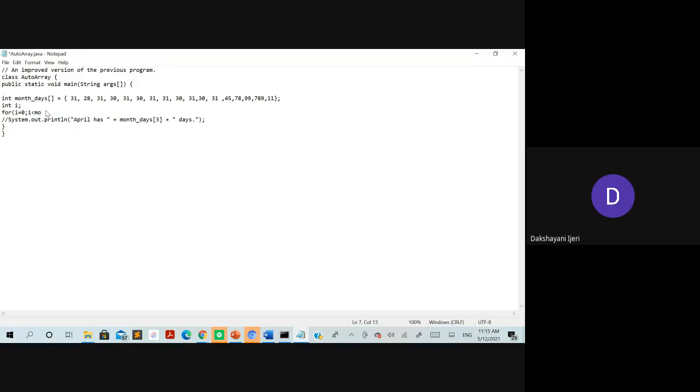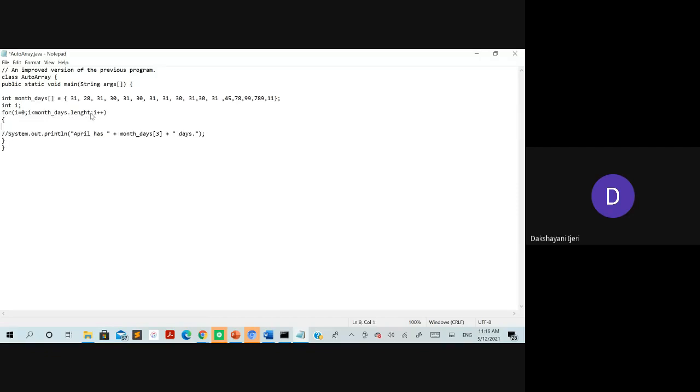It is a built-in function which will give you automatically the total number of elements from the array, right? So you can take this here and then increment the value of this for loop.